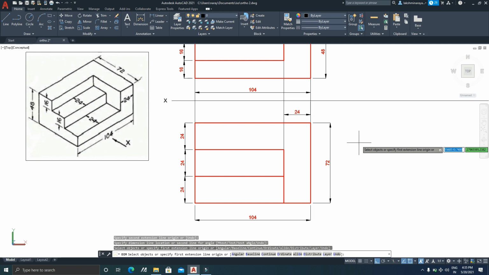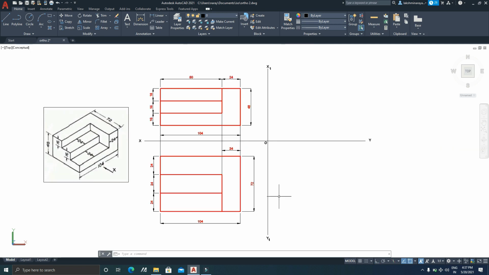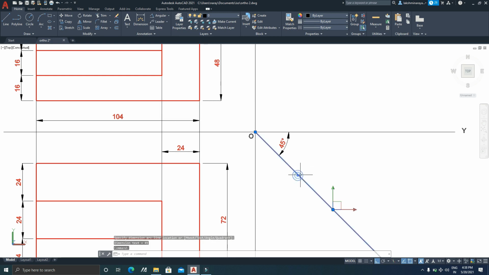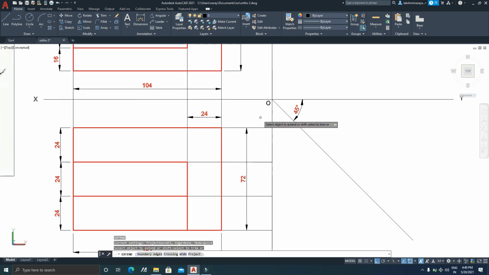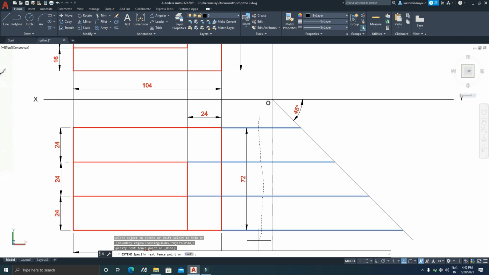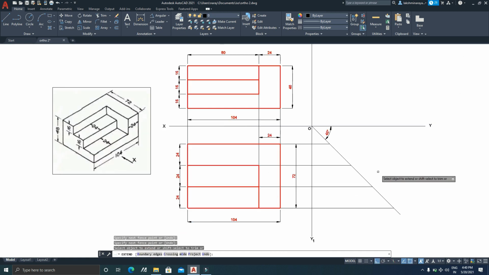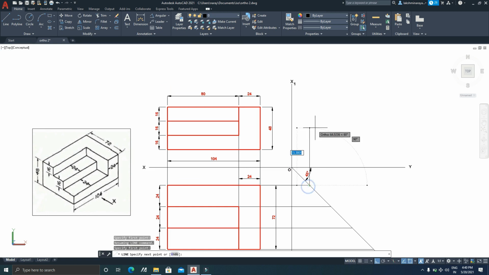Let us draw the side view. For drawing the side view, consider a reference line x1, y1. That will intersect the reference line xy at origin O. From origin O, we are going to draw a line which is at an inclination of 45 degrees with xy. So I have considered a line which is at an inclination of 45 degrees with reference line xy like this. Now I will transfer all the horizontal projectors from the top view onto this 45 degrees line. Let's extend all these horizontal projectors onto the 45 degrees reference line. Now draw vertical lines from these points.